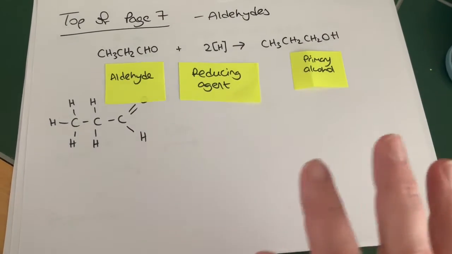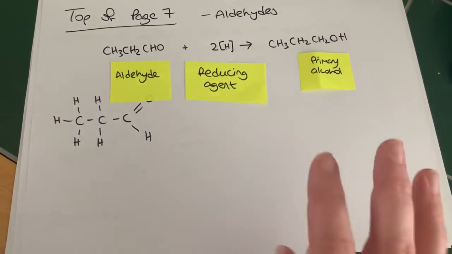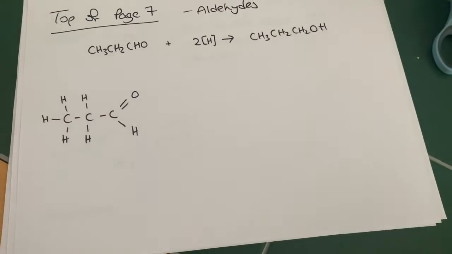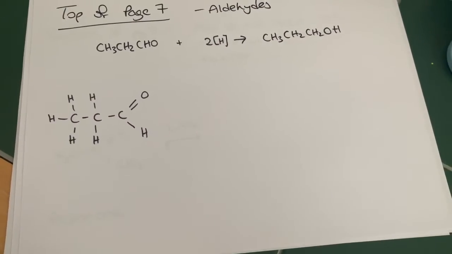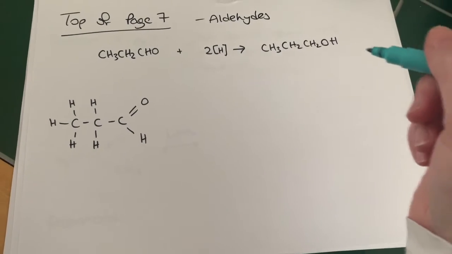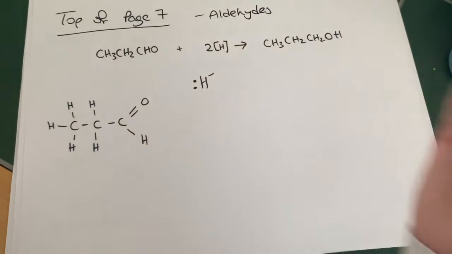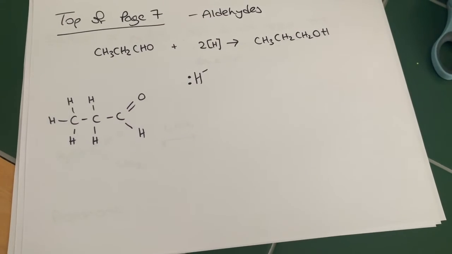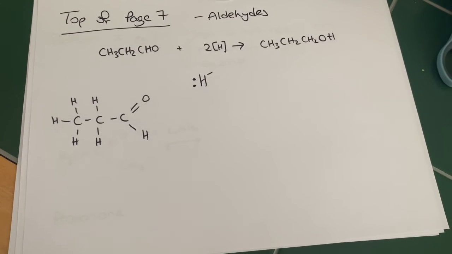Now, that is all you need to know. You only need to know the reaction or the equation for these. You don't need to know the mechanism. But I'm going to try and explain this mechanism to you to help understand why it's 2 hydrogens that we need. Okay, so remember we talked about how the LiAlH4 is such a good reducing agent because it produces this hydride ion, which is a negative charge hydrogen that has a lone pair of electrons. And remember it was defined as a nucleophile because it has a lone pair of electrons that attacks regions of low